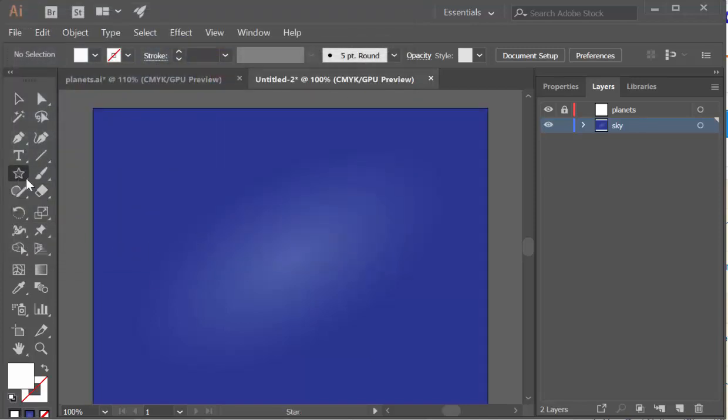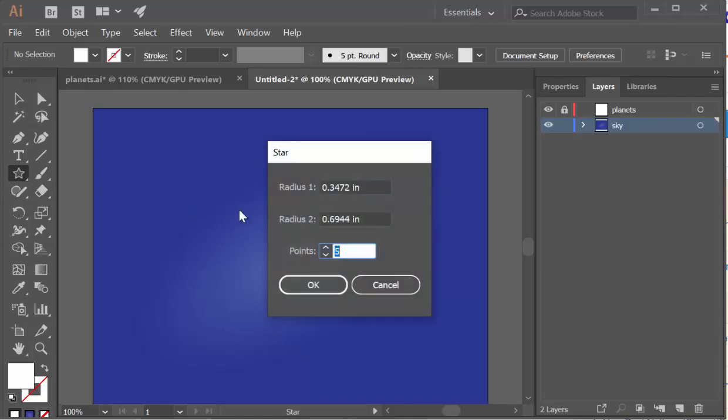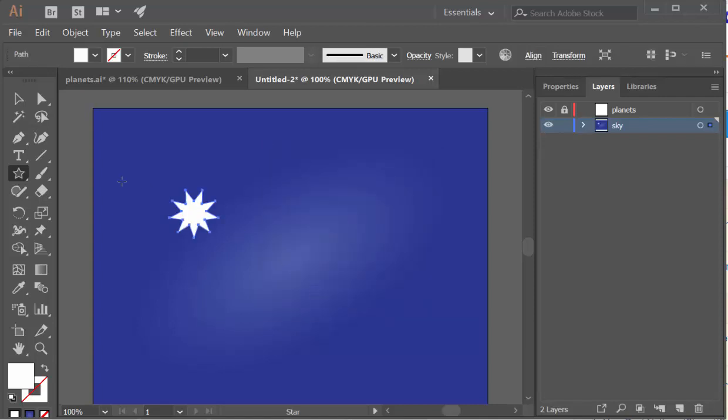So I'm going to use this to make a star with, and if I click on here, it wants to know how many points and how big are the radii. So radius 1 is the inner radius for the inner points that point inward, and radius 2 is the outer points. So you can mess with that as you see fit. I'm going to go with some weird number like 9 points, just because that's huge. And as you can see, there's a lot of distance between